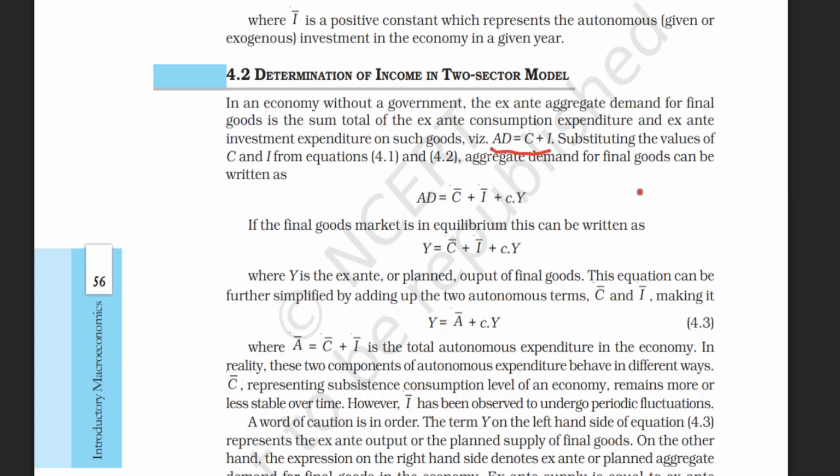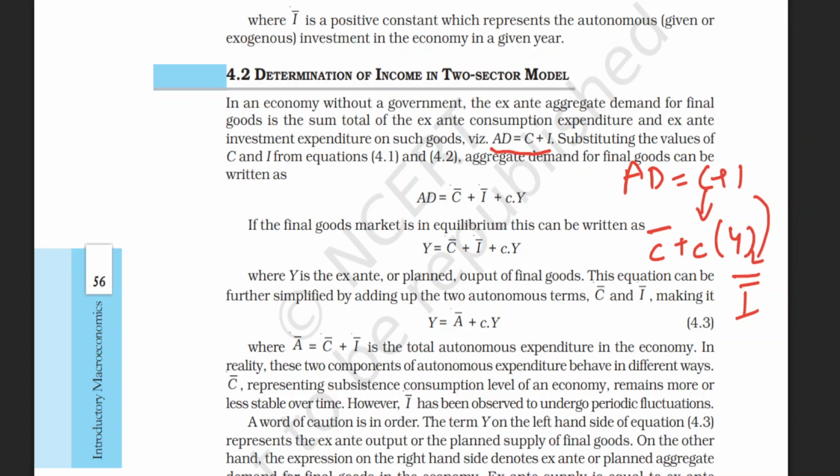the last videos. We studied that AD is the summation of C plus I, and I will be substituting the consumption and investment functions into it. We all know that the consumption function is C bar plus small c multiplied by Y, and I stands for only the autonomous investment. Why am I taking only the autonomous investment? Just to keep it simple, and I wanted to show you the standard short run equilibrium model, and in that too, where the prices are fixed. So I am only taking the autonomous part till there, right?